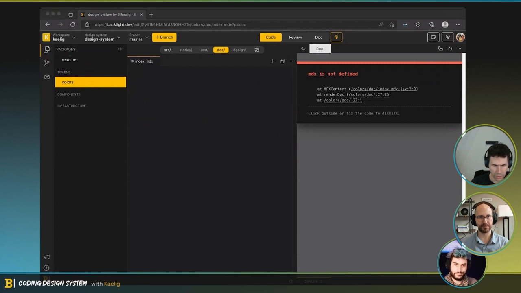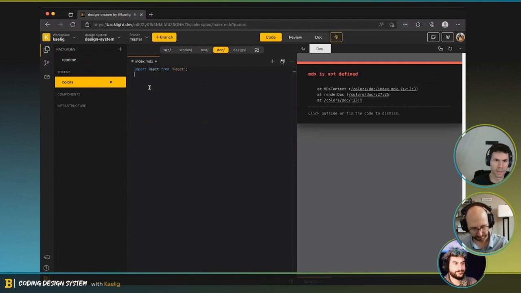Bear with me just a second. So we're gonna import React from React, and we're gonna import, I think, MDX from MDX.js/React.